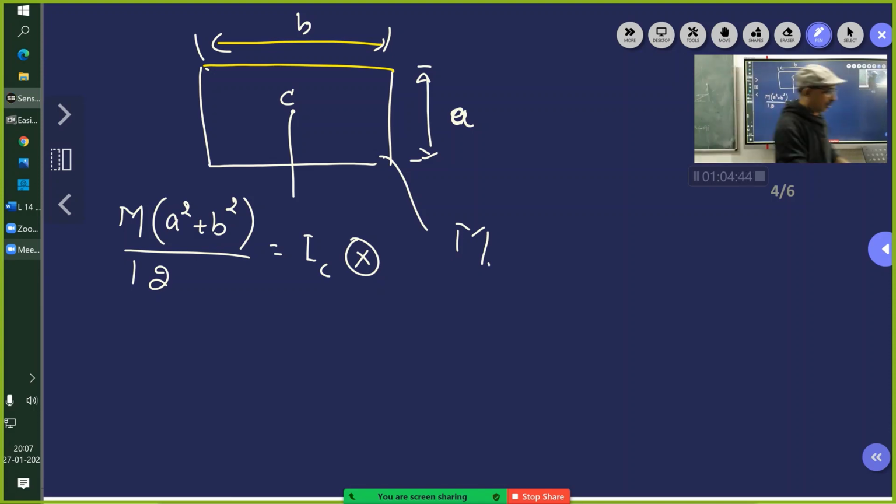So that means now this planar body, I am going to hold my hand here and rotate it. So the axis is right here and I am going to rotate it like this. So you have found this to be equal to M into a square plus b square divided by 12 about this axis. Correct? Excellent students. Now listen here. What is the moment of inertia about this axis? M by 12 into